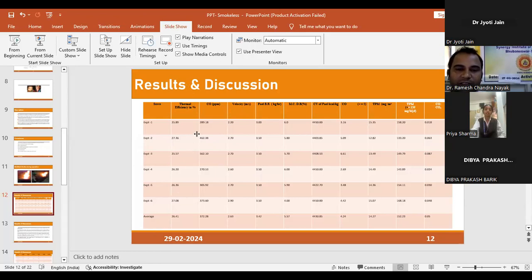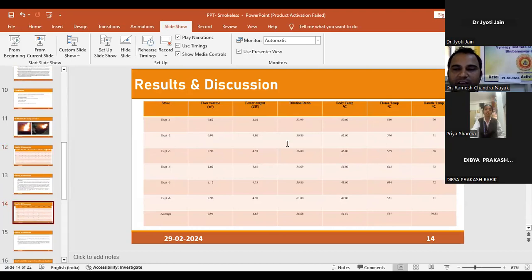The thermal efficiency is in the range of 25 to 27%, and the flame temperature is around 700 degrees centigrade, which is twice that of an LPG or other operated chula. Due to complete burning in our smokeless chula, our power output is between 4 kilowatt and 6 kilowatt, which is also twice that of the traditional chula. The flame temperature, as I have already discussed, is more than 600 degrees centigrade, twice that of the traditional and LPG operated chula.